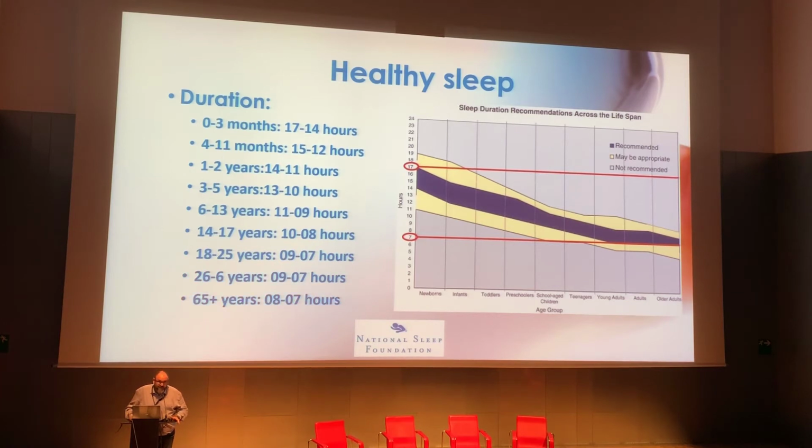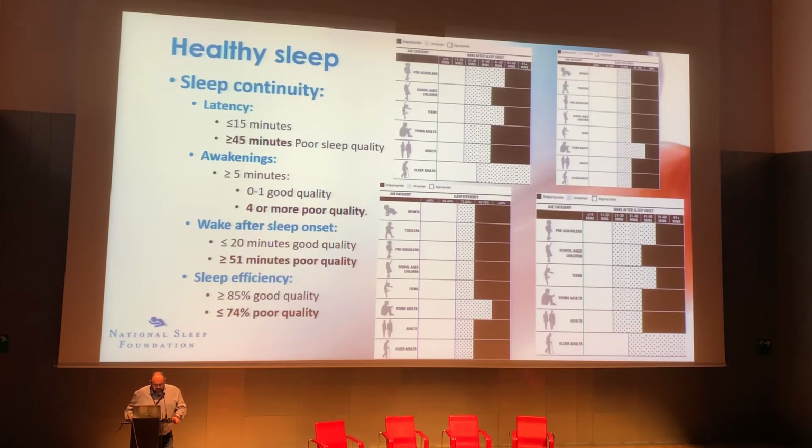As you can see, and as you all probably know, it changes during the life of a person. The recommended sleeping hours for a baby is about 17, and for an old age pensioner, it gets to 7 hours. So there is a difference of 10 hours of sleep from one end to the other of life. I'm not going to recite them all, but you can see the recommendations for every age group.